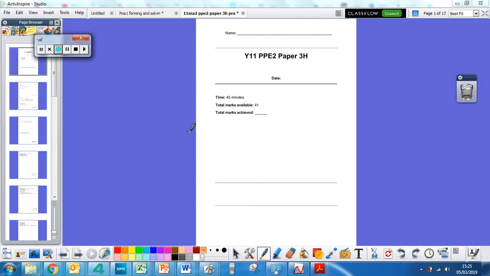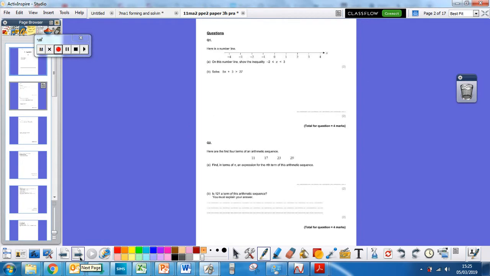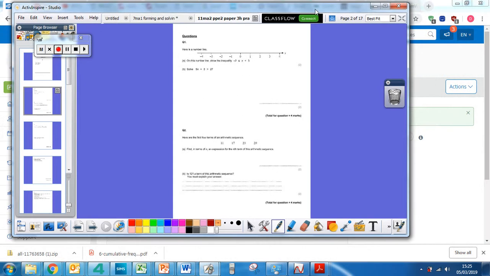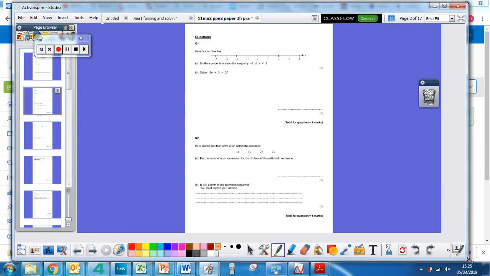Tonight in preparation for paper 3. Going to record them in chunks, so this is the first 4 questions, and we'll do our best. So, first question we are looking at is to do with inequalities, and it's to do